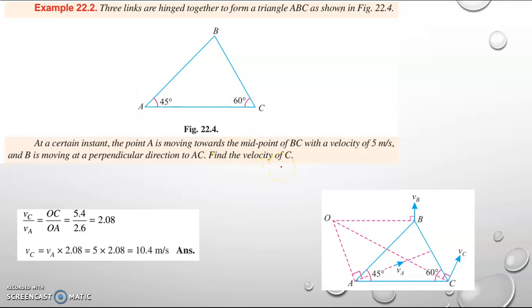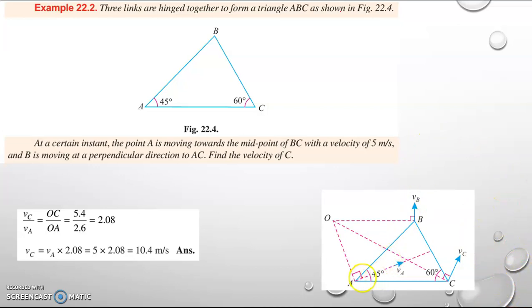So first of all, there is some problem to calculate this, for they haven't given the values of the sides AB, BC. So there is some difficulty. Okay, we can assume missing data if necessary, as the question allows. So we'll be drawing the triangle with some values, and we will be marking the velocity VA.